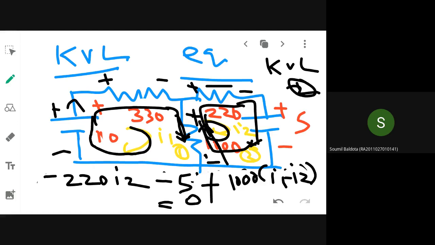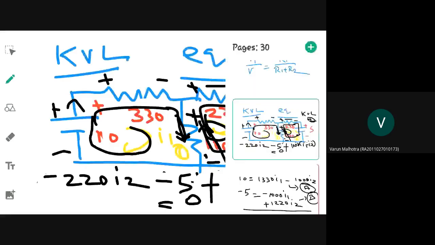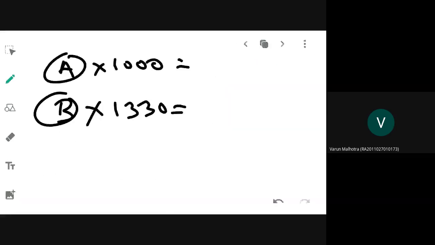I saw. Let the others also solve. See, others, did you solve the equation? Tell me the answer. Ma'am, I am getting I1 as 9.4 milliamp. Yours is wrong. Whatever may be the method, the answer should be the same. It will not vary. I think you are telling me the nodal voltage value. Yes, ma'am, the nodal voltage value.